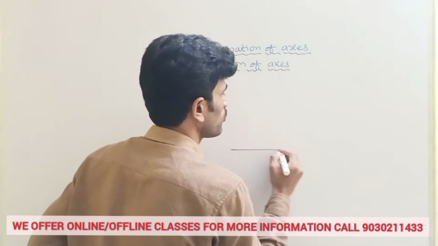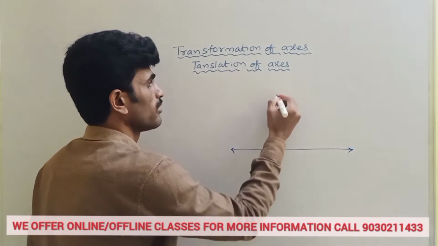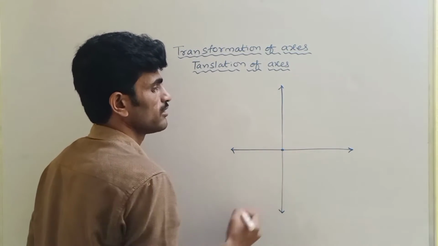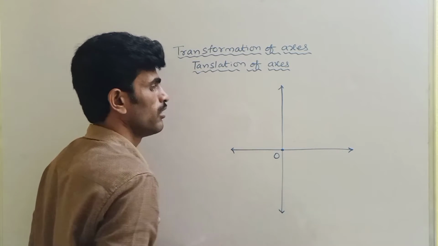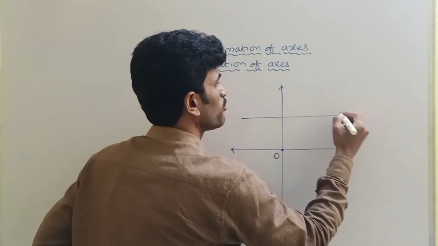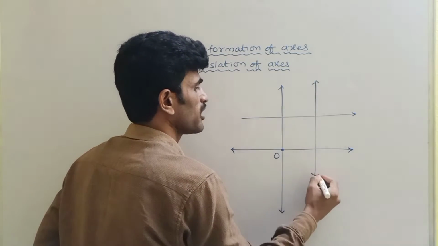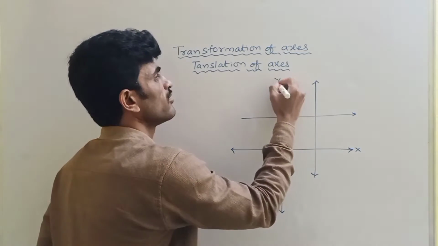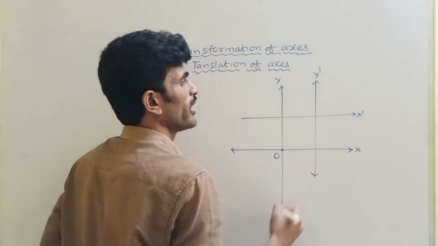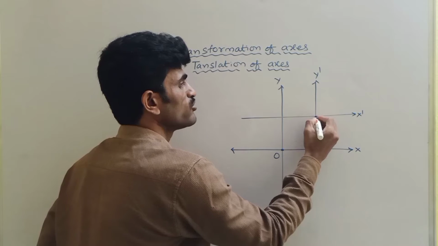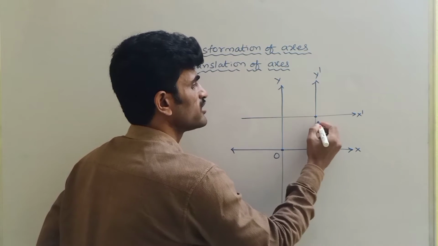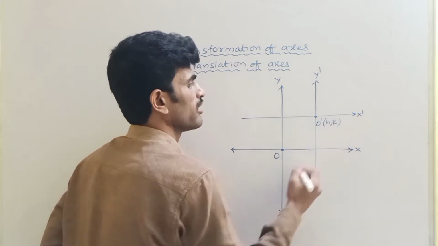Suppose this is the x-axis and this is the y-axis. We call the origin 0, 0, O. Now if you change this origin to some other point, I am changing it to this point. So these will become the new axes. This is the old, original x-axis and y-axis. These new ones you can name x dash and y dash, which are shifted. So the origin also shifted to another point O dash, and let the coordinates of the new origin O dash be h comma k.